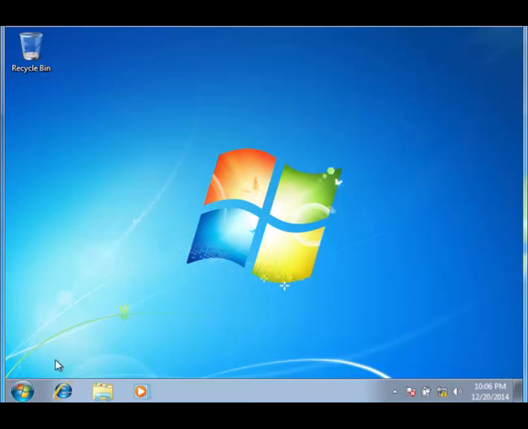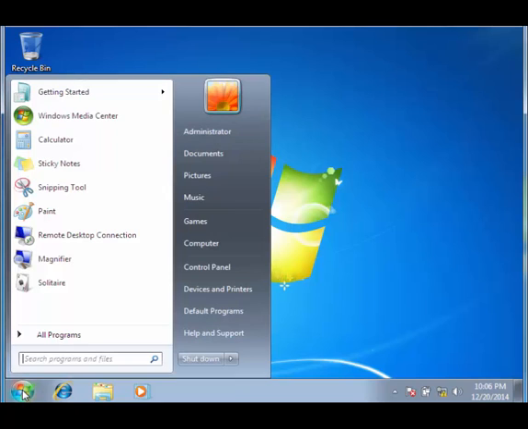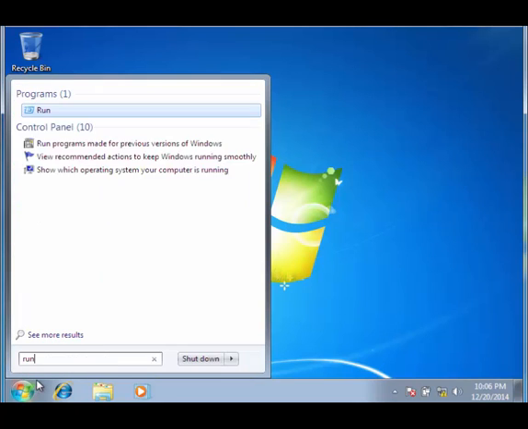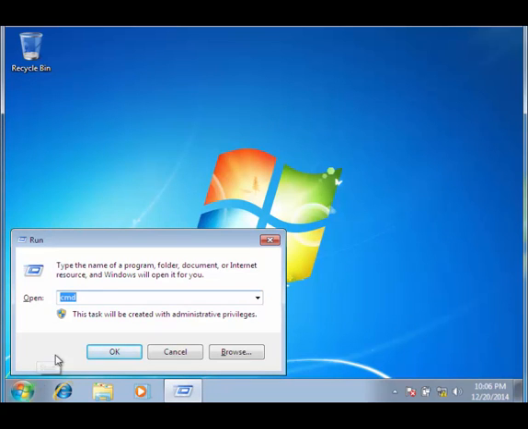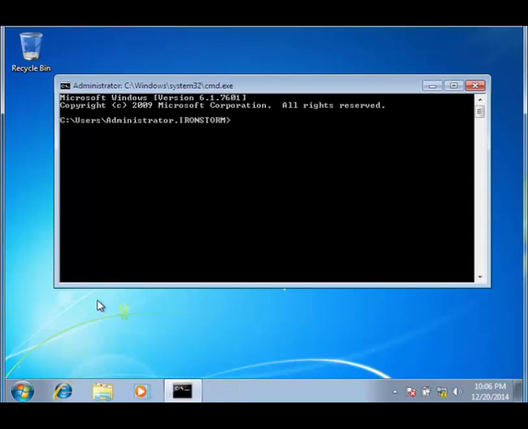If I just go to start and type run, and type CMD in the text box and press enter, my command prompt comes up, and I'm just going to do ipconfig,